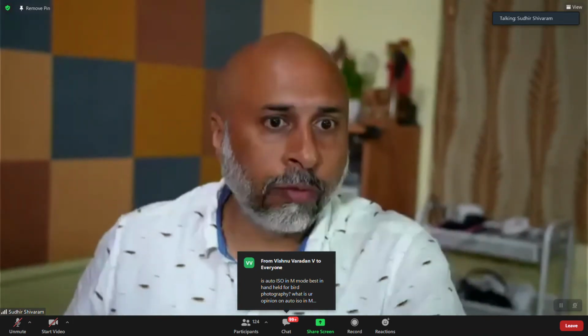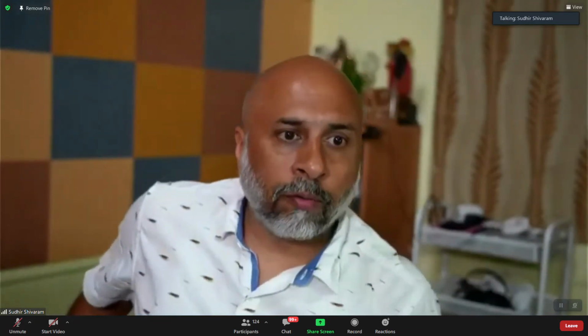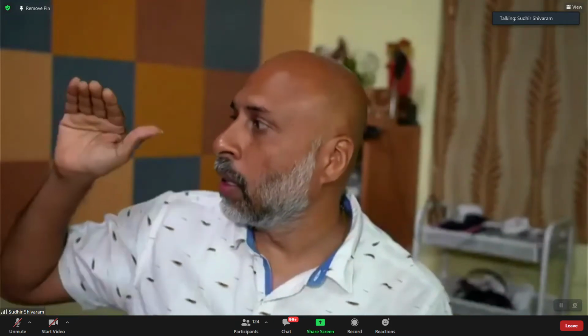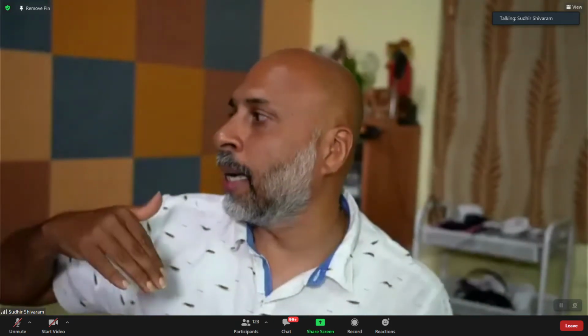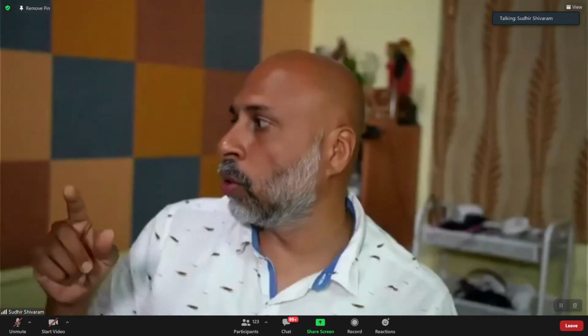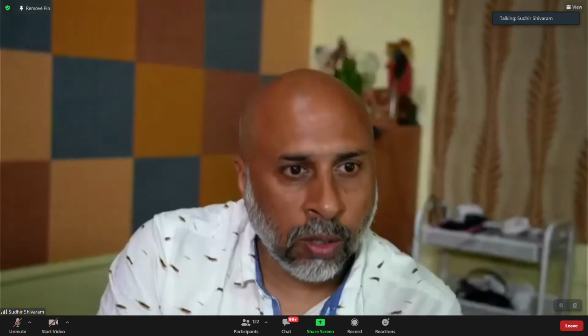Which are the buttons configured for shutter, f-stop and ISO? So Swaroop, you will have to find out in your camera which button is for what purpose. In my case, the back dial, or the main top dial, is for the shutter speed. The front dial is for the aperture. And for ISO, I have the circular button, right click of that is ISO. Each camera will have its own set of buttons and functions to access the features. So that is something you have to check in your camera.